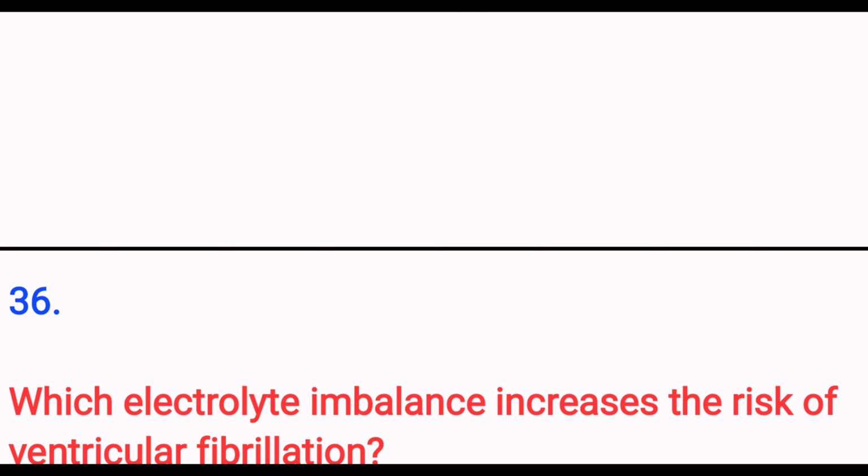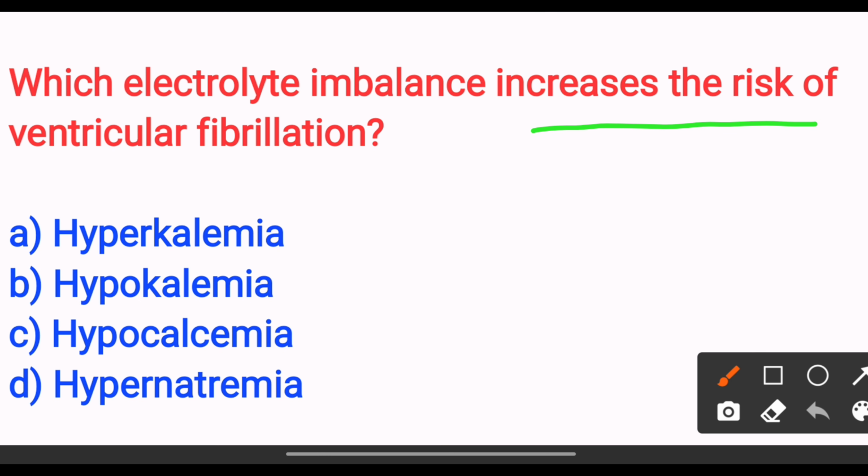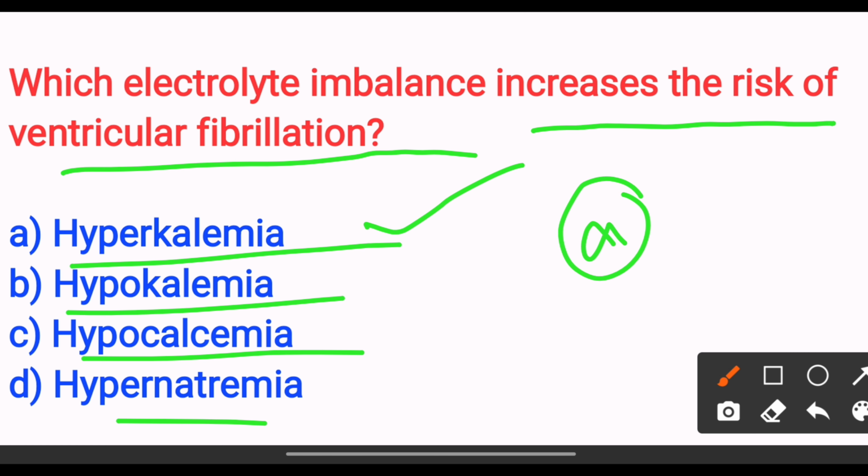Next, which electrolyte imbalance increases the risk of ventricular fibrillation? Option A hyperkalemia. Option B hypokalemia. Option C hypocalcemia. Option D hypernatremia. The answer is option A hyperkalemia. Next,